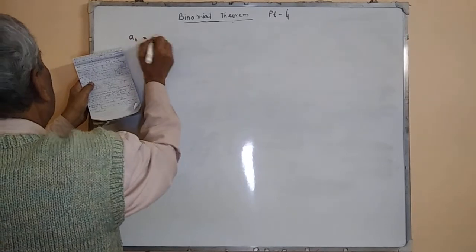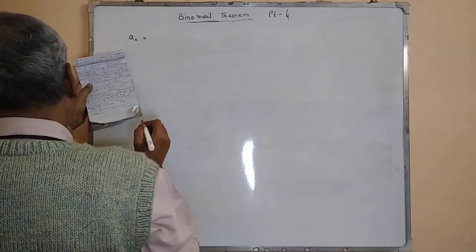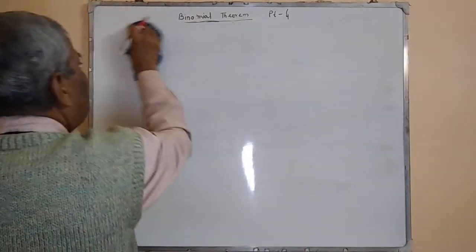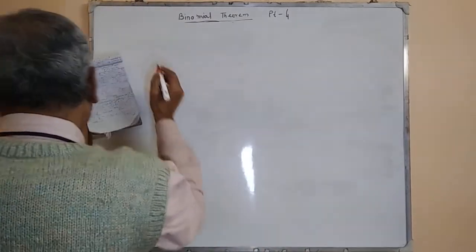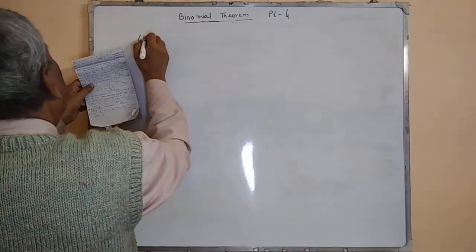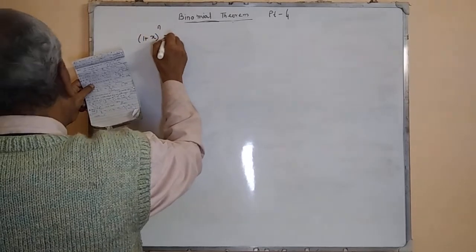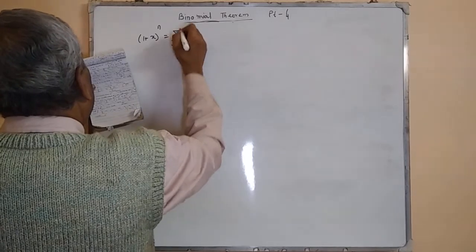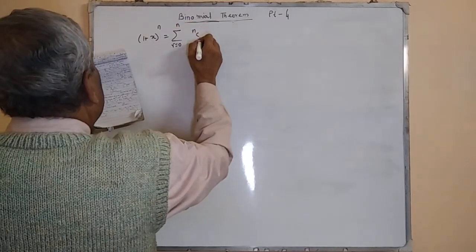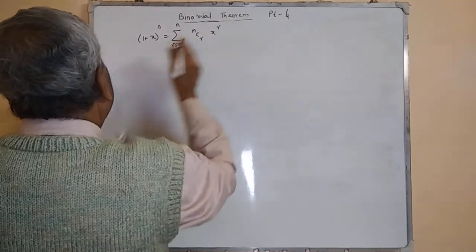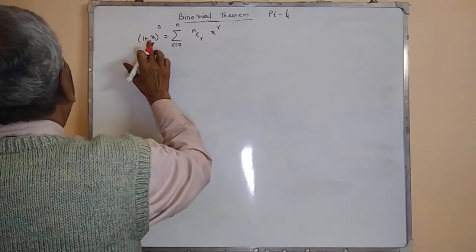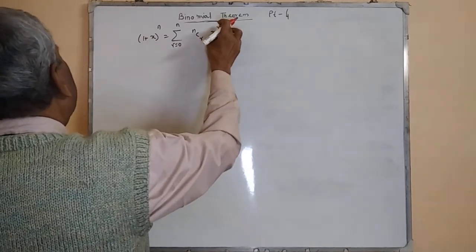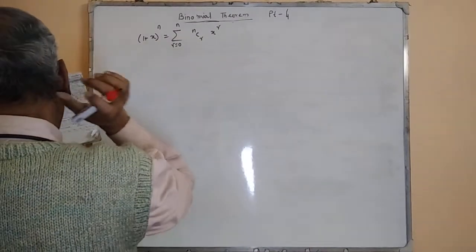If (1+x)^n is equal to sigma r is equal to 0 to n nCr x to the power r. Simply, this is the binomial expansion of this, nC0, x to the power r, etc. So,